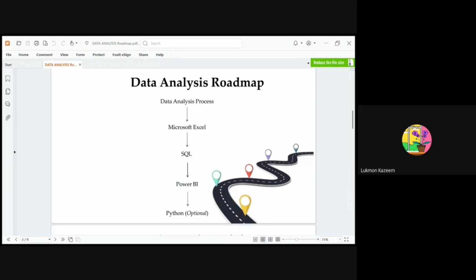But in order to make decisions with data, we need to perform some operations. We need to work on our data, do some basic operations on it, and at the end of the day, come up with something tangible, which is a report that would help organizations and individuals make informed decisions.